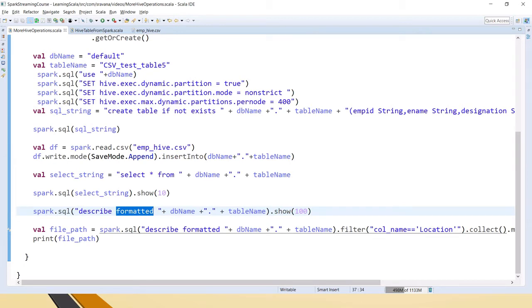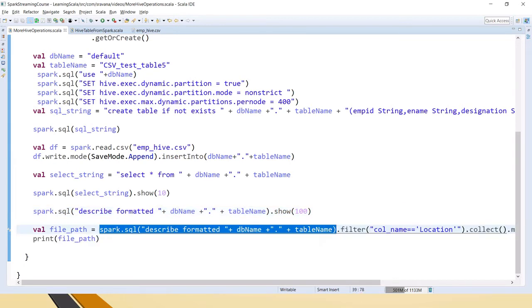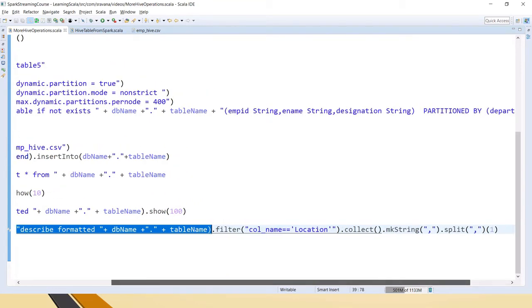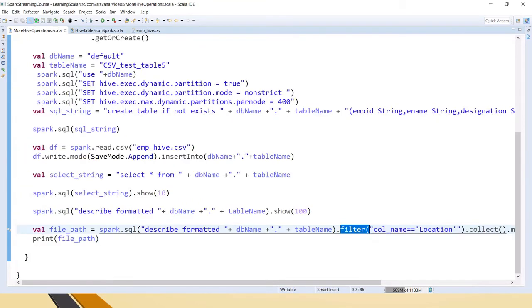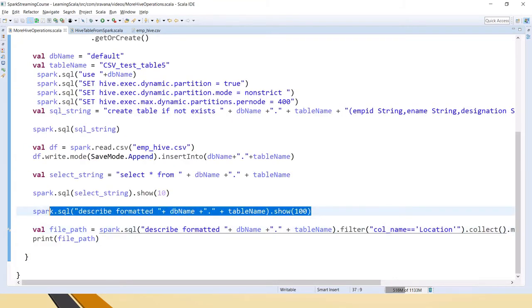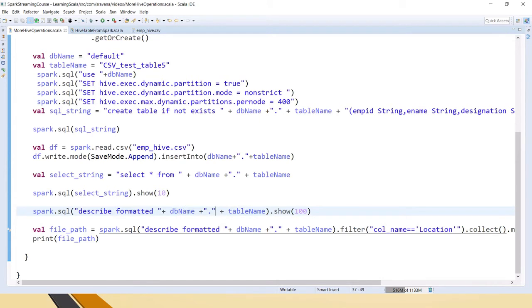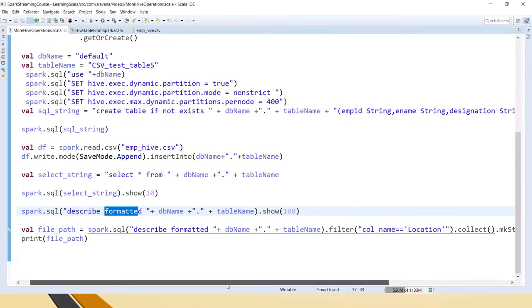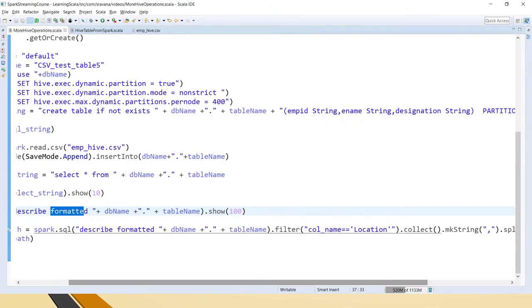And here we are getting the same thing, and this filter command you will understand very clearly after you see this. This formatted output will have 3 columns: column name, data type, and something else, we will see that. That's why I'm filtering here, saying get the column name as location.